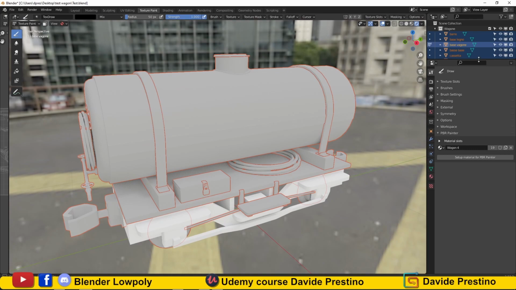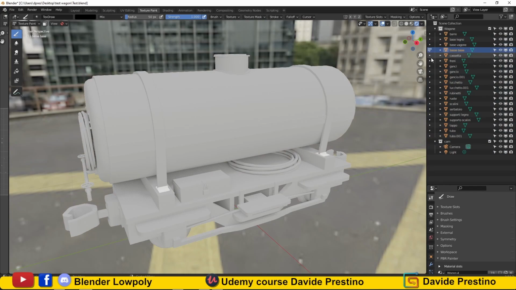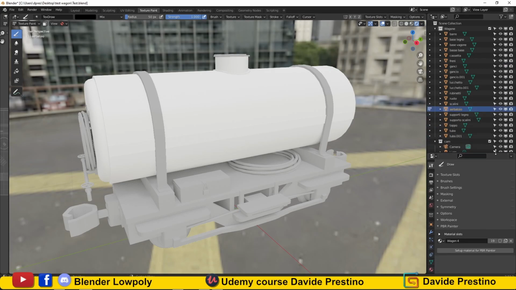I advise you to name all your meshes correctly, so it will be easier to identify the elements we want to use. Blender also gives us the possibility to jump from one mesh to another in a simple way, without leaving the texture paint mode. In this way our workflow will be faster.